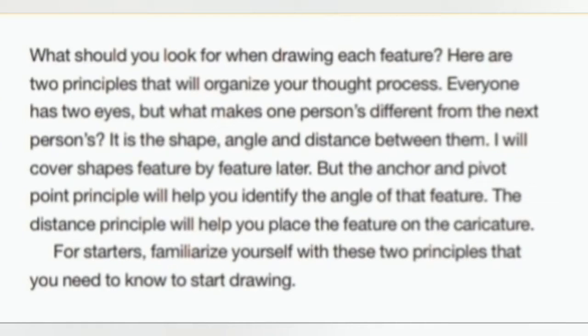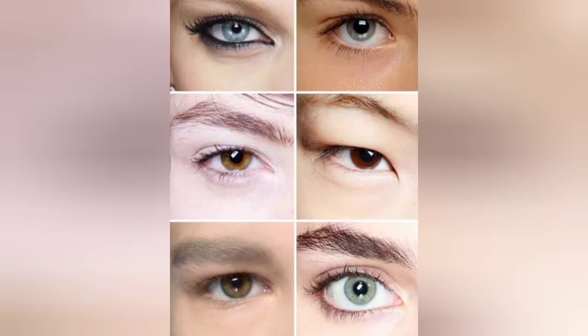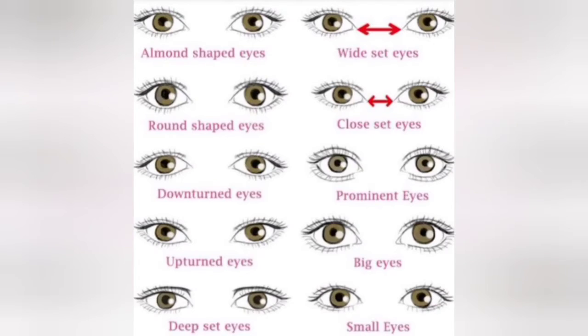Here, what we are learning for the caricature, we have two principles. We'll see further what the principles are, but majorly when we are drawing the eyes of a human, comparing one character to another character, we have differentiation in the shapes. So just read this. Here you can see the differentiation in the eyes. Another example.